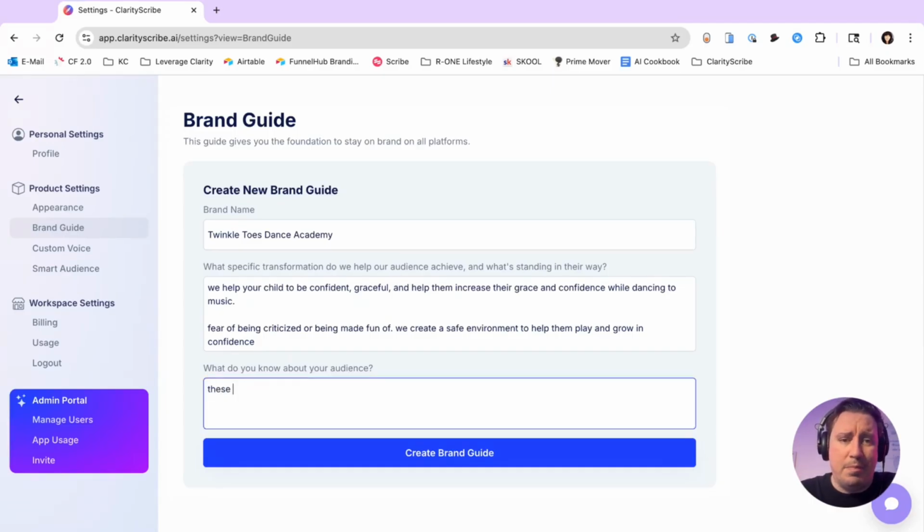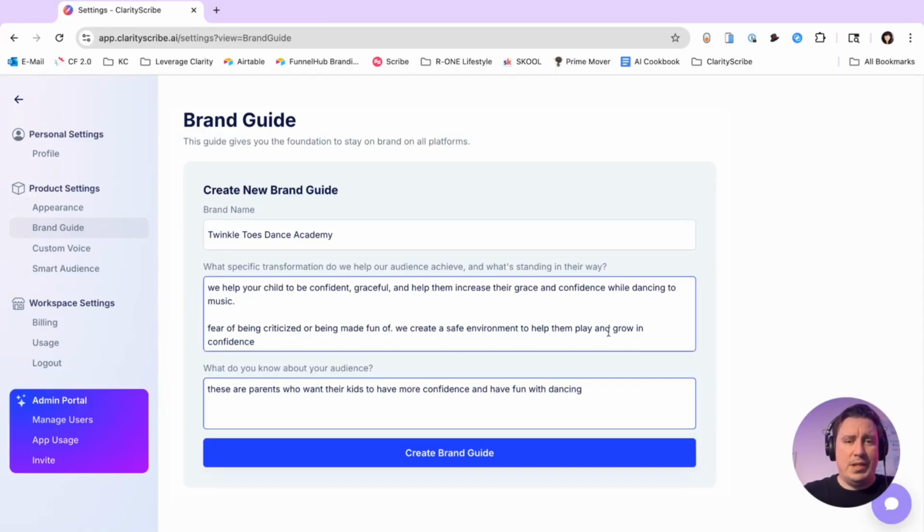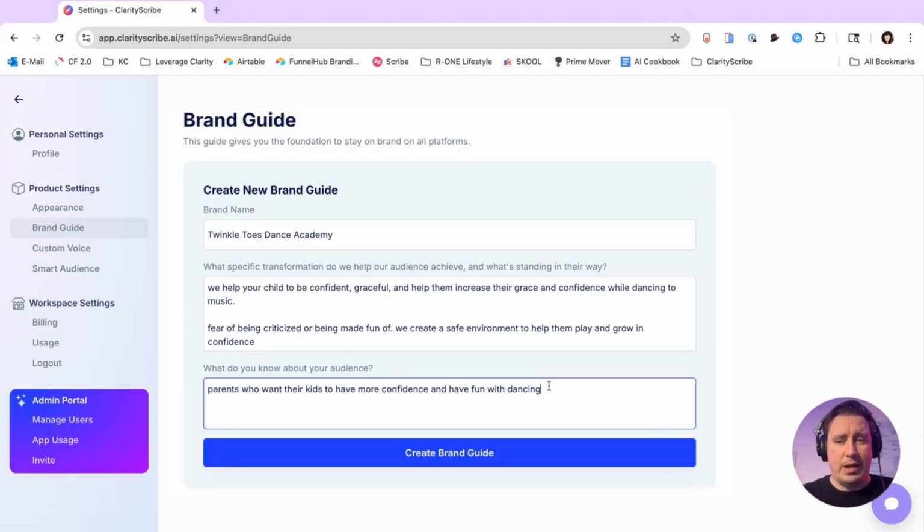Yes, and have fun dancing. That's good. Why overcomplicate it? The cool thing with this question is you can add as much detail as you want, or as few details as you want. Some people don't know anything about their audience just yet when starting out. I don't know anything about this audience, which was a great reason to pick it as our example.